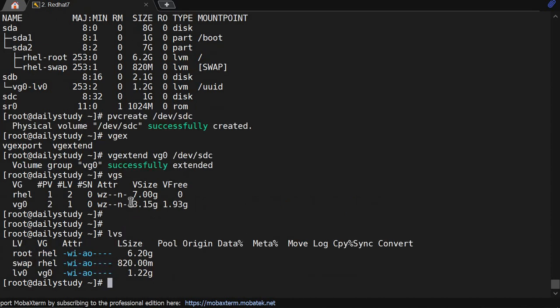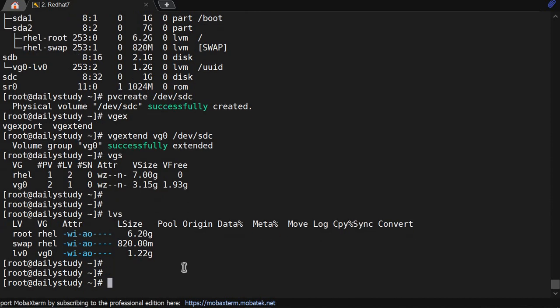For showing purposes, I have extended my VG with 1 more GB. Now the customer is saying to extend my file system by 2 GB, meaning whatever the size, you have to extend by 2 GB. So I should do plus 2G, but by mistake if I give 2G,